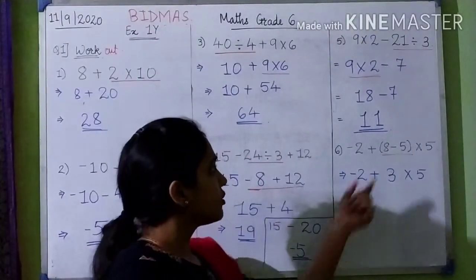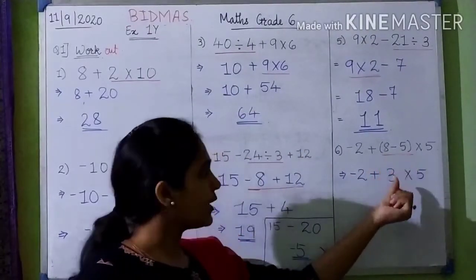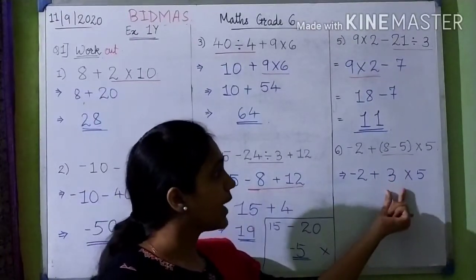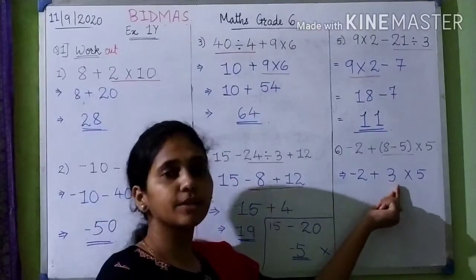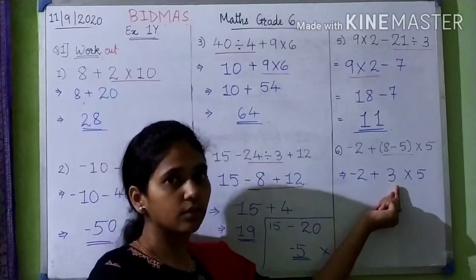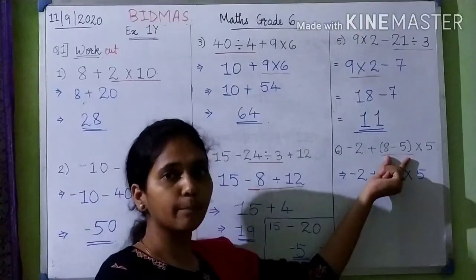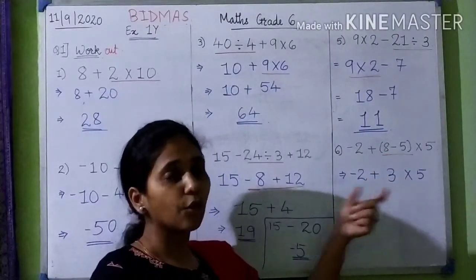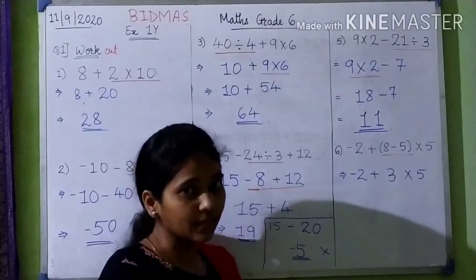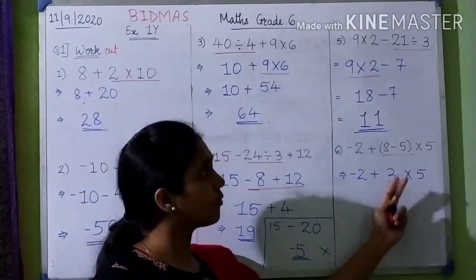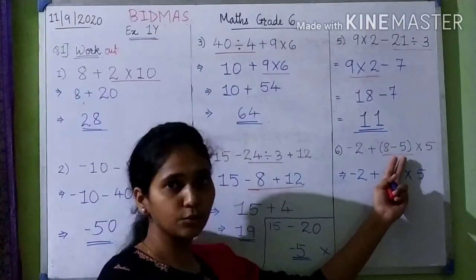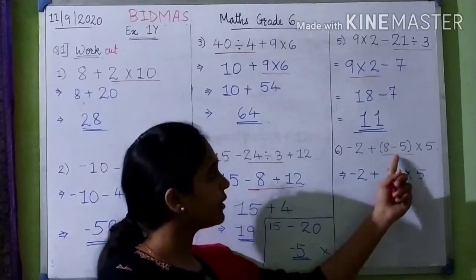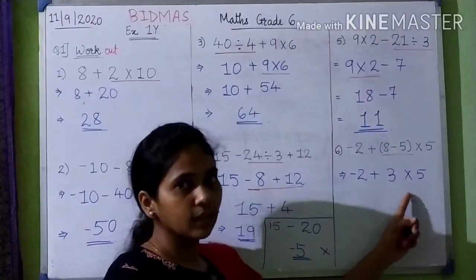So here when I have solved this bracket, I don't have to put that bracket again. But why have I not put the bracket here? Because there is a plus sign of 3. If the answer of this would have come minus 3, then you have to put that in bracket. For any negative number you put brackets, right? So if the answer of this solution would have been negative, then you put a bracket. But here it is just simply 3, so I didn't put a bracket.